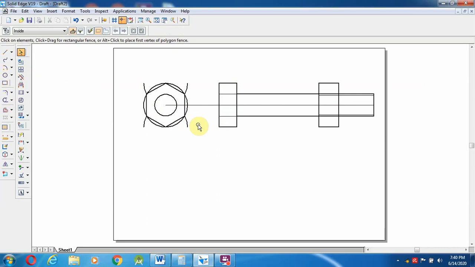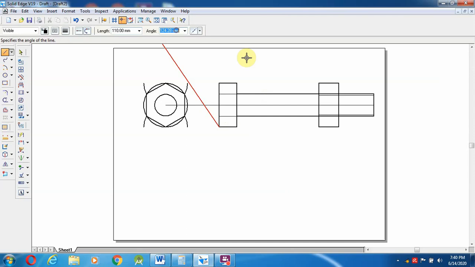Okay, for doing that, I am going to select a line either from this corner or at the top. From here I am going to make a 30-degree line. Wherever it cuts the axis, there I am going to stop, exactly on that particular line.